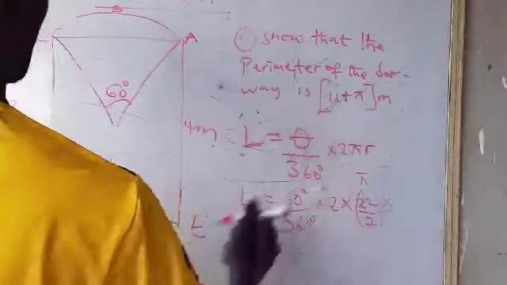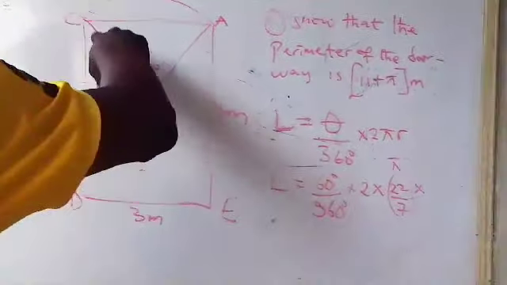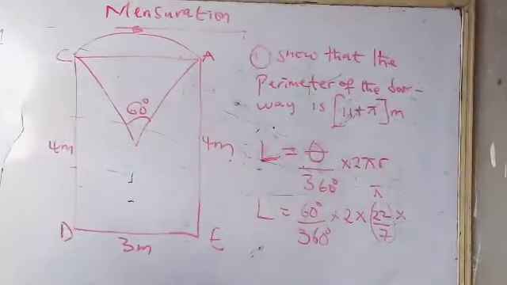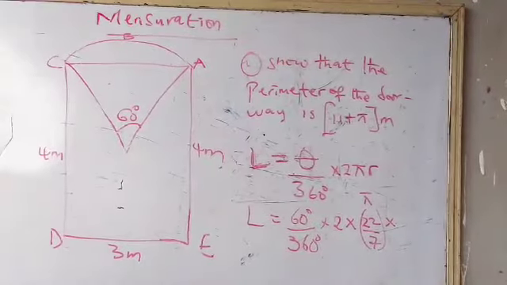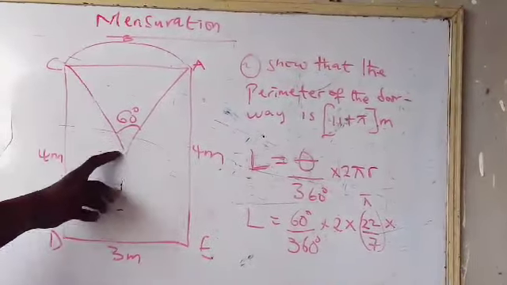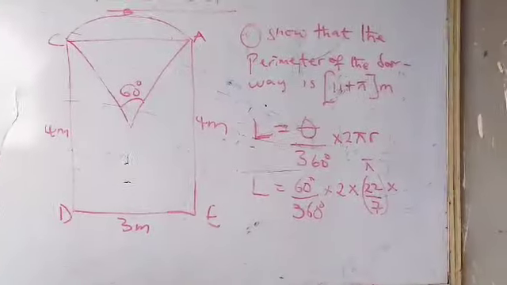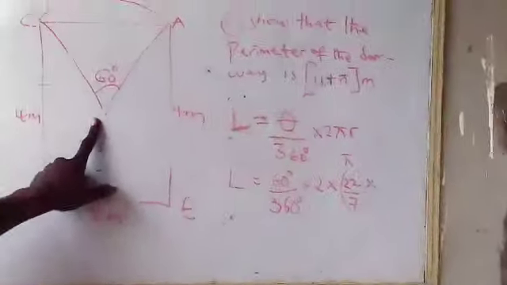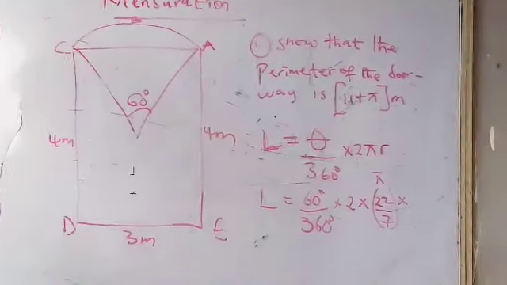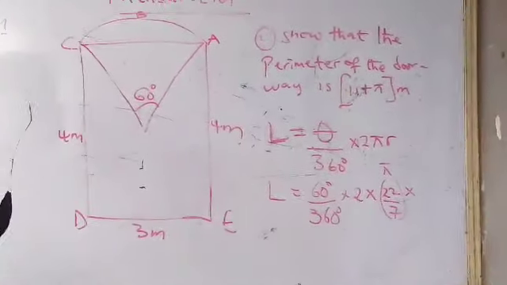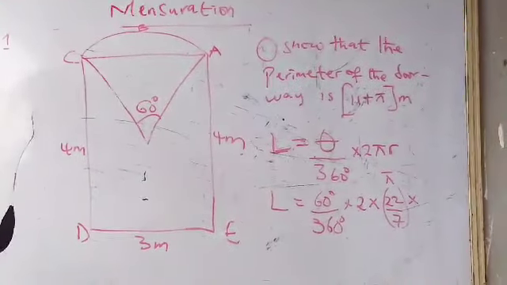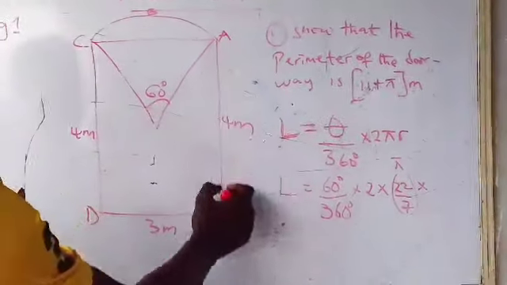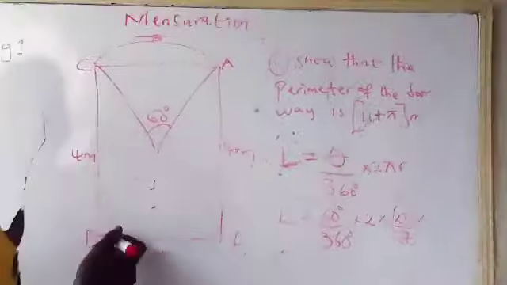Then times the radius. Now, what's the radius of this arc? The radius of this arc is going to be 3 meters. Somebody will ask me, how did I get to know the radius of this arc is 3 meters? It's very simple. If you look at this triangle here, obviously this triangle is an equilateral triangle. What is an equilateral triangle? An equilateral triangle is a triangle in which all the sides are equal. So if we look at the length of DE, since this is a square, then it means DE